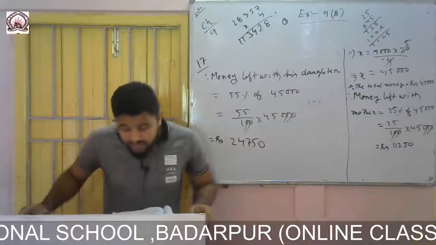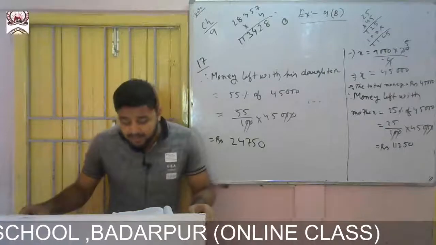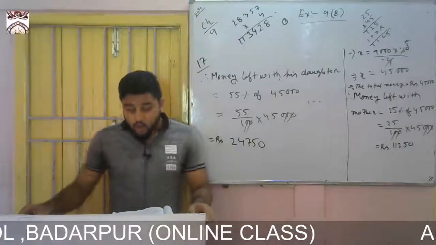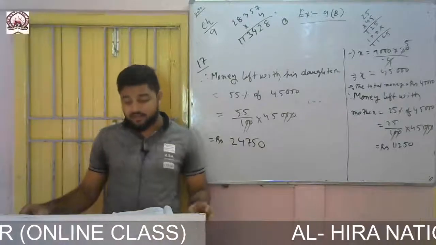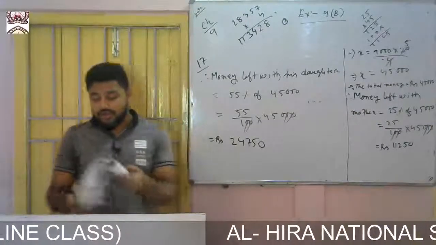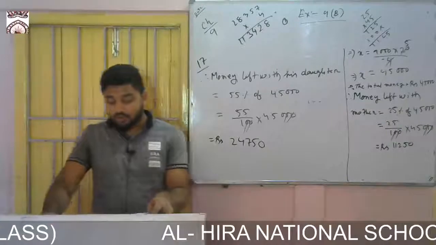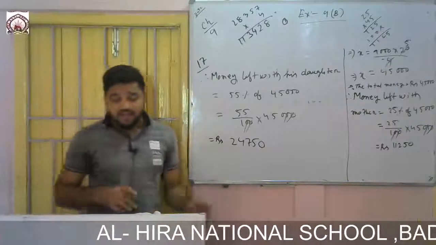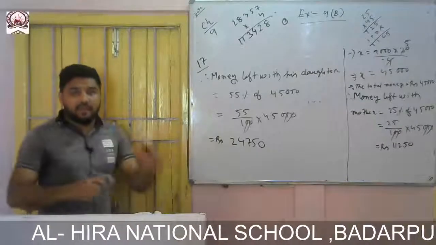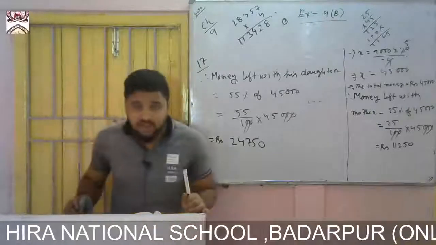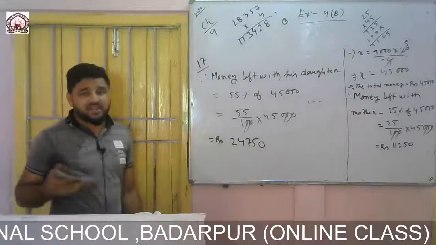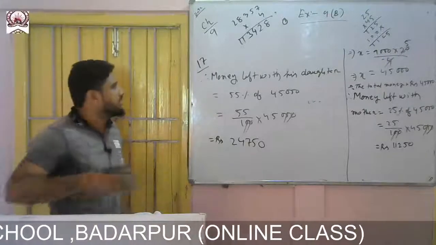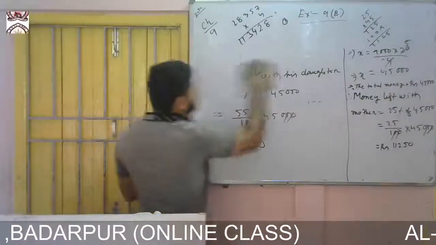Number 2: if Sham used 3 liters of oil daily, what percent of the oil in the 40 liter tank would be used in 10 days? So see, first you write the capacity of the first tank. There were 2 tanks, one of 60 liter and another of 40 liter. So write the capacity of the first tank. It is 60 liter.